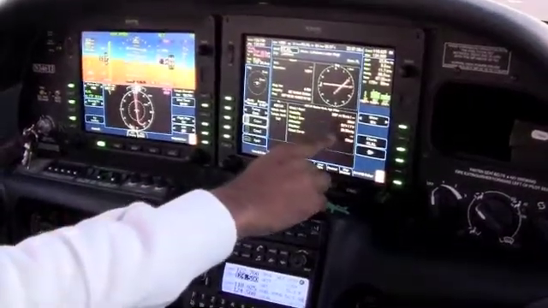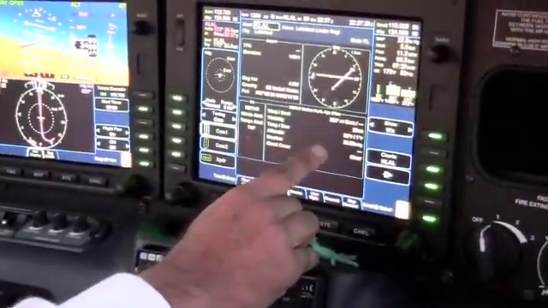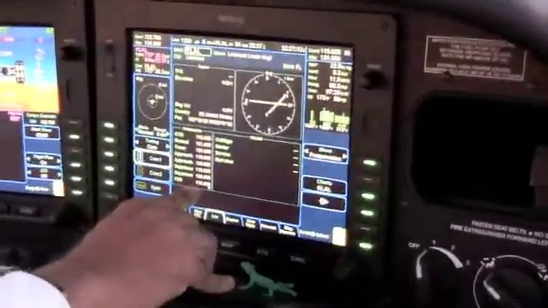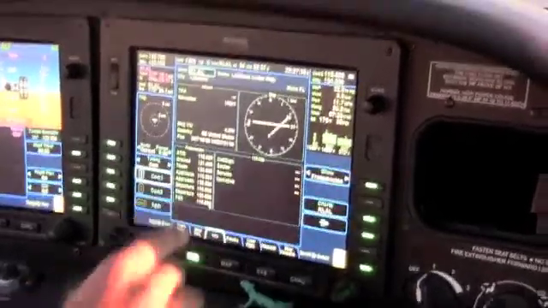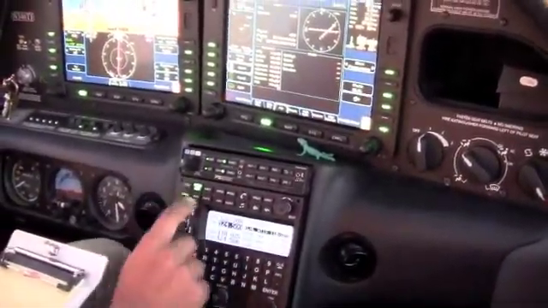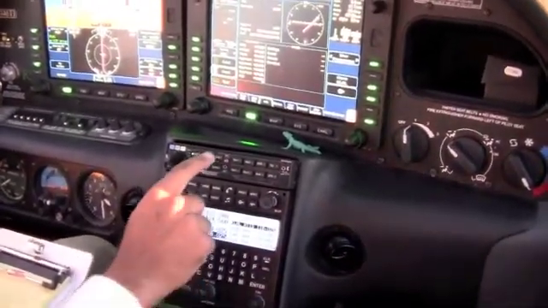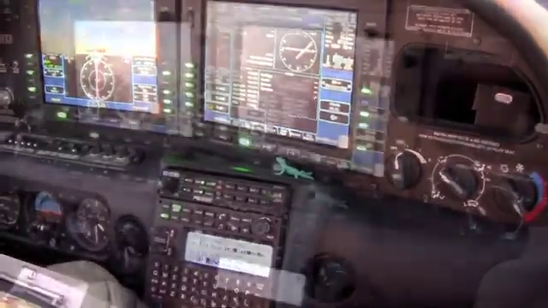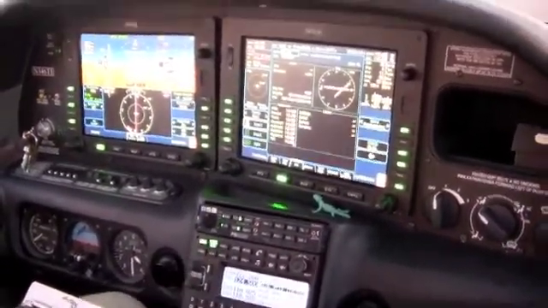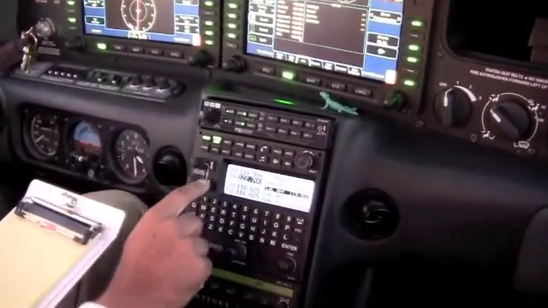I can see the weather right now. However, I can't get the full ATIS information. For the ATIS information, I do actually have to plug in the frequencies. So here are the frequencies, and another way of getting there is the frequency list button. So here I am plugging in the ATIS into my second comm, and I'm going to turn on the second comm and call approach. So let's figure out the approach frequency. Again, I use the frequency list button, go down and pick the approach frequency, activate it,